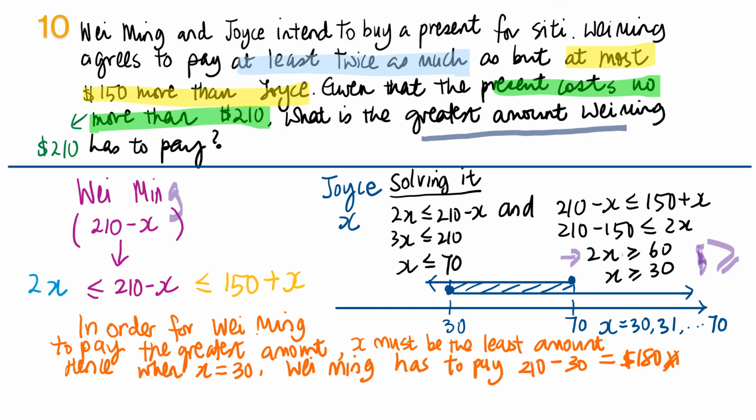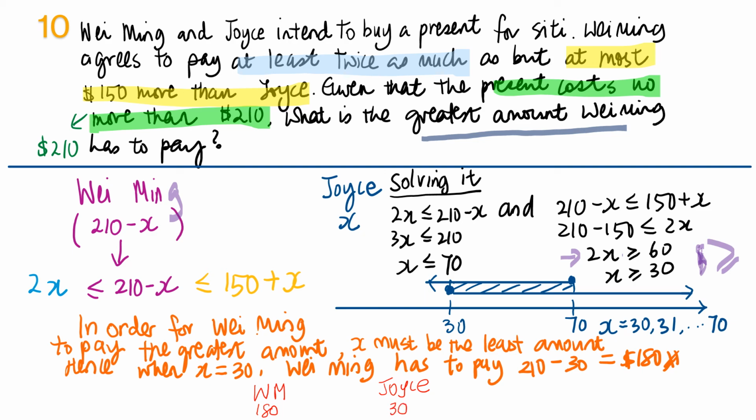Now, the last step of what Mr. Polya suggested is to check your answer. Let's see how we check whether our answer is correct or wrong. So we are saying that, okay, if Wei Ming pays 180, let us check our answer. WM stands for Wei Ming because I really don't have much space there. So if Wei Ming pays 180 and Joyce pays $30,